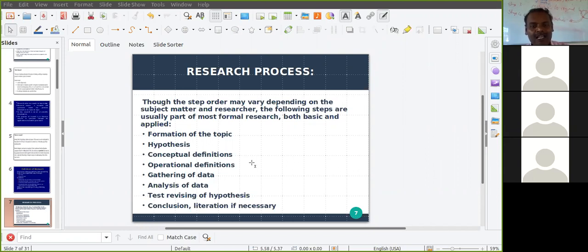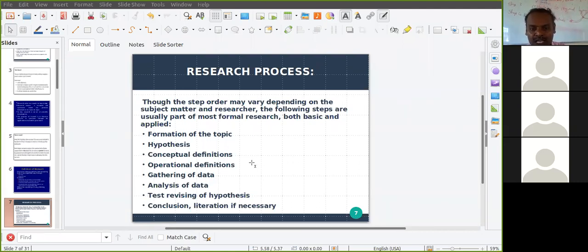Develop conceptual and operational definitions for your research. Maybe you are studying cholera. The person who is affected, you are defining something based on your study. The definition may be used by others, who use their own, especially the operational definitions. How you are using the general definitions in your study, that is operational definition. Conceptual definitions as well as operational definitions. Then fifth one, gathering data.